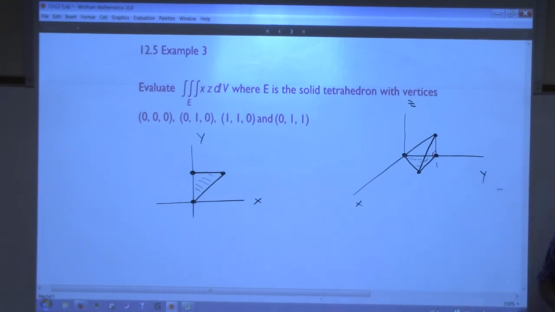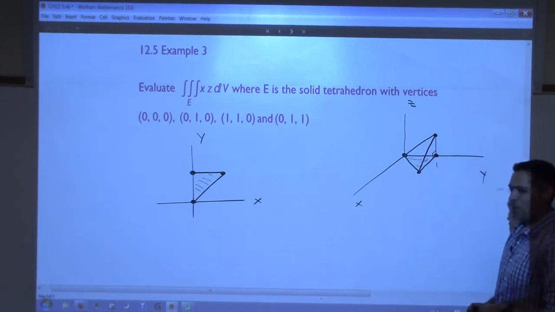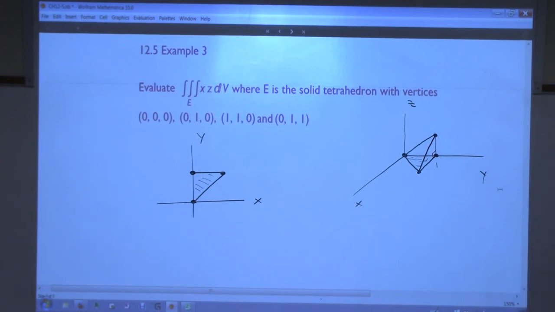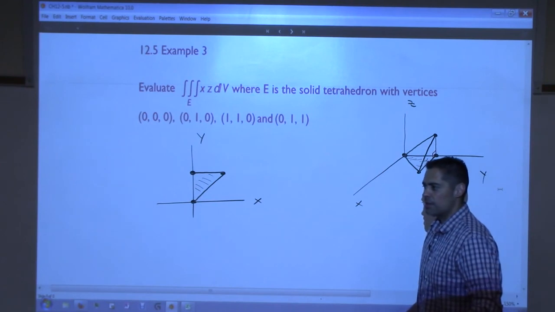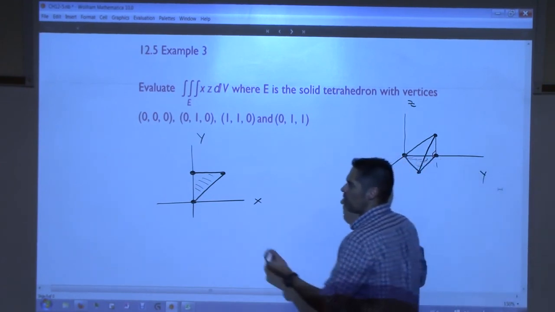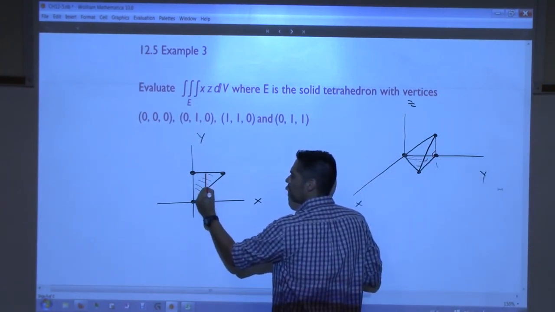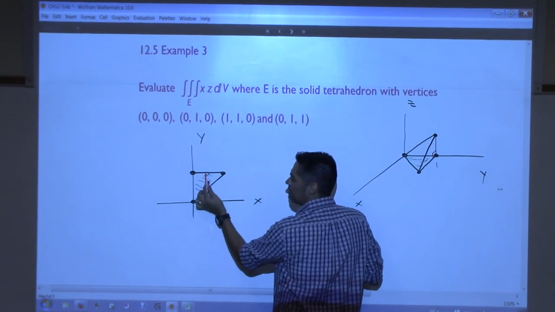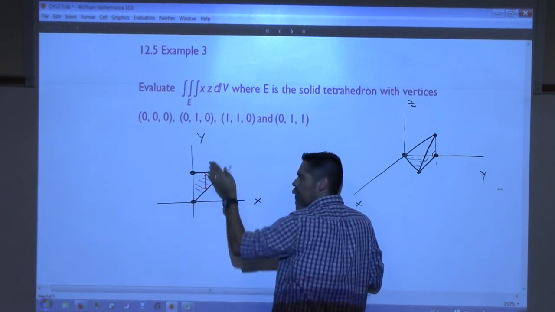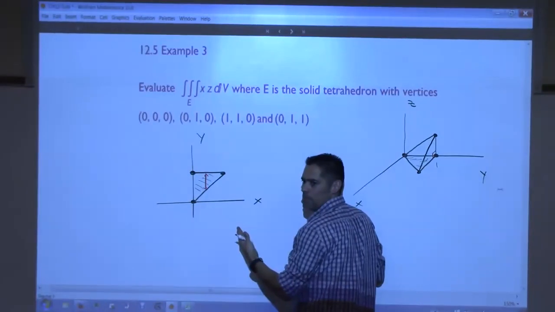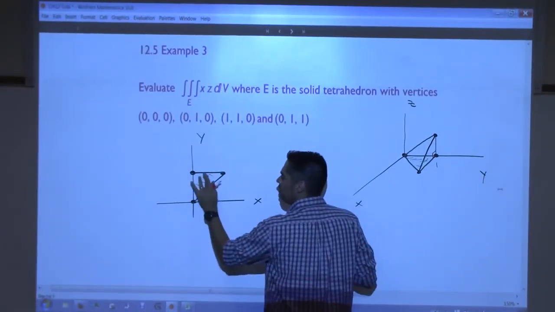Is that shadow or projection onto the ground a type 1 or a type 2? Or both? It's both. It's either one, right? It's your choice. See, if I draw a vertical like this, and imagine moving this left and right, the top and the bottom curves are always the same. So it's a type 1. But if I draw it the other way,